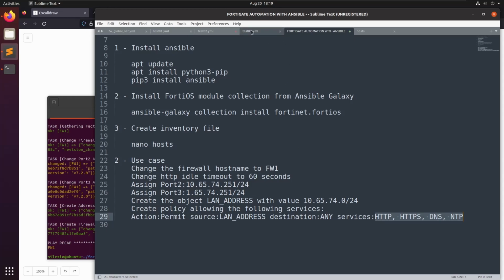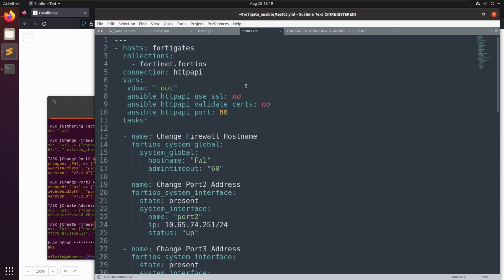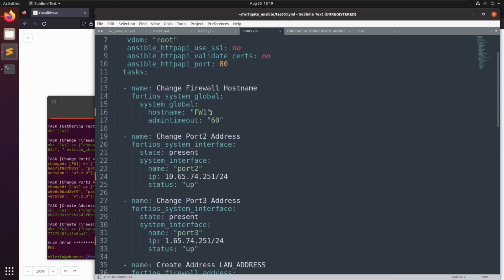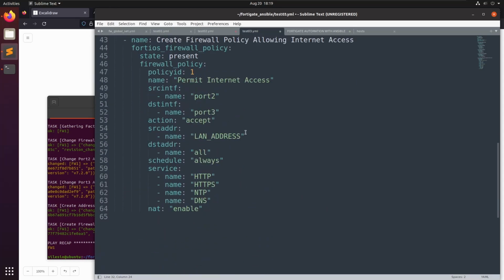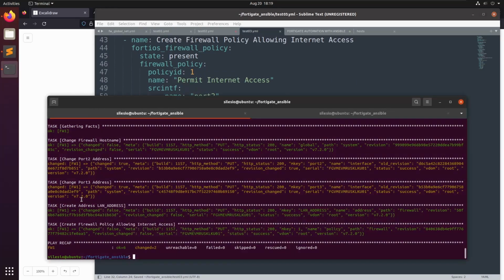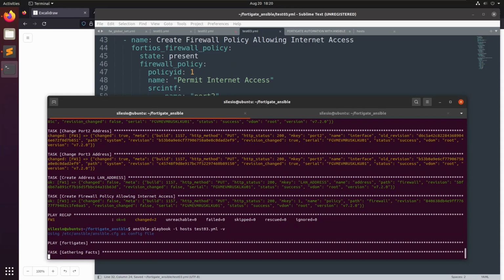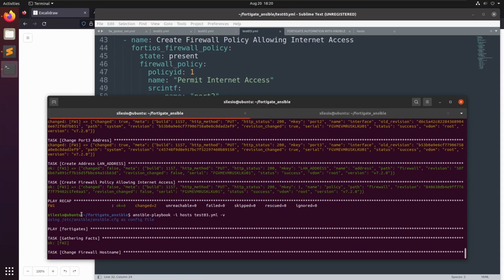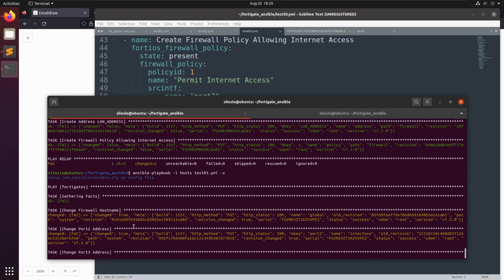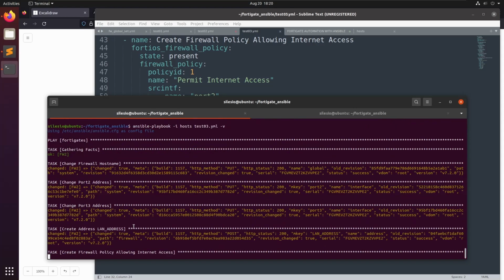Now let's go back to my test03 file. What else do I have to update? So this is going to be Firewall 2, and the IP is going to be 2, and here is going to be 2, and I think we don't have to change anything else. Save and run. Now we should see that all of these will be updated because now Ansible is interacting with